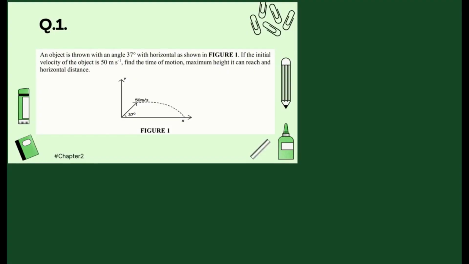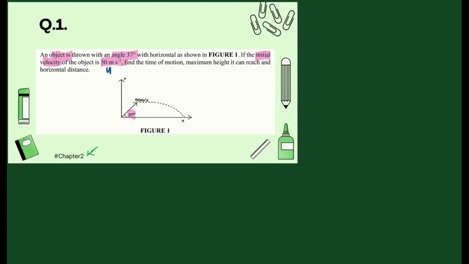Solution for question number 1, that is from chapter 2. Let's read through the question first. We have an object thrown at an angle of 37 degrees with the horizontal, as shown in figure 1. If the initial velocity of the object is 50 meters per second, so this is our value of u, find